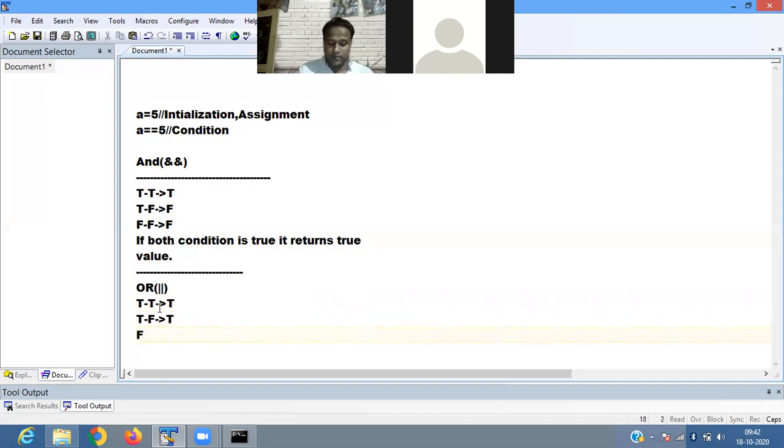If false, false, it returns false. The or operator tells you that if any one condition is true, it returns a true value. If any one condition is true, it returns true in the case of the or operator.